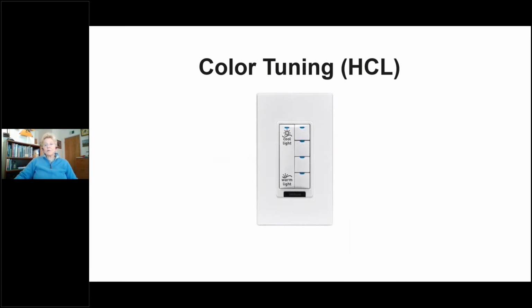So here's one that's a little bit simpler. At least we have 4 levels here, and we can say, okay, if I touch it up here, I'm probably going to have a cool light. If I touch it down at the bottom, I might have a warm light. Again, it's a little bit easier to understand this interface without some training.